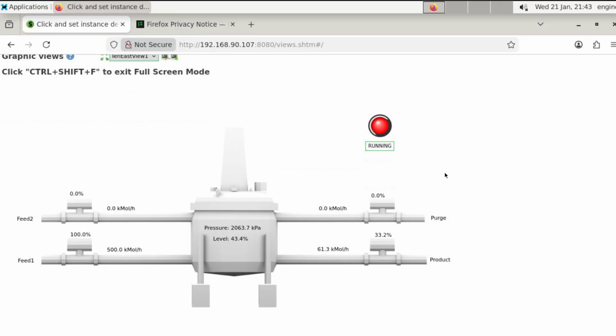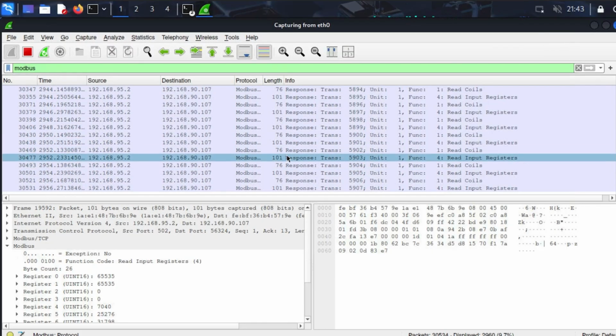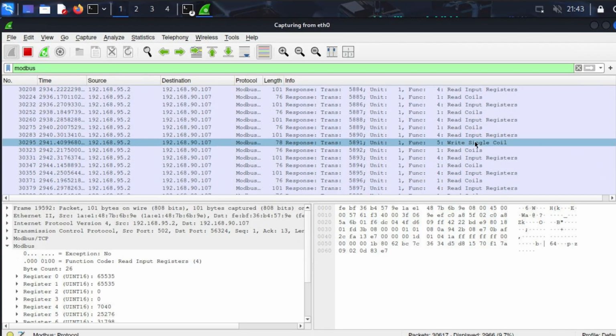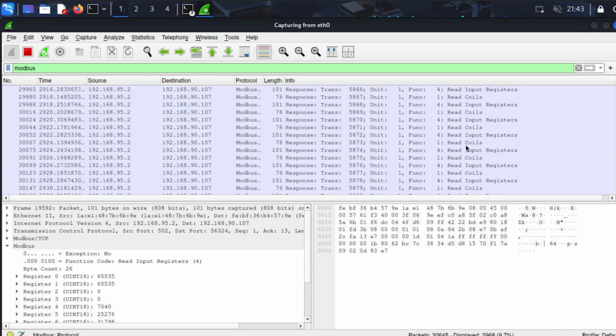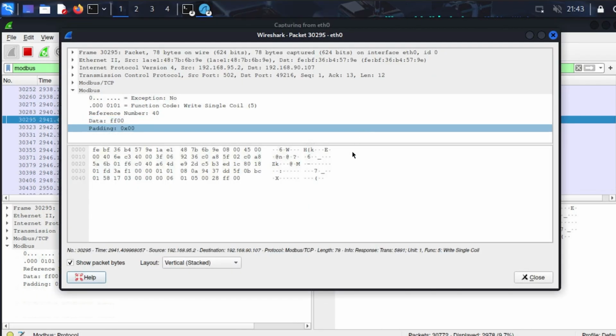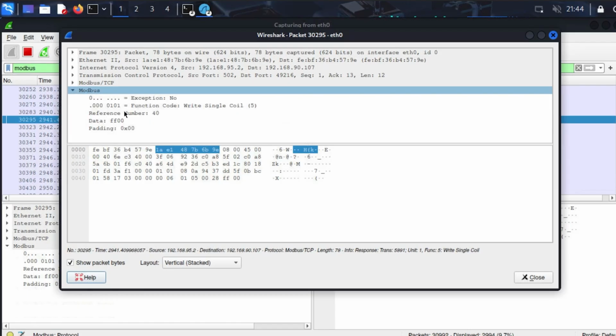Now let's see if we were able to intercept what that command did as far as network traffic. So go back to the Attacker workstation tab and go back to Wireshark and look, and you can maybe scan and see if you see anything that is different than the previous packets we were seeing. And you can see that there was a write single command packet that happened. So double-click on that to open it. And you can see, if you expand the Modbus section, what exact data is being sent to either start or